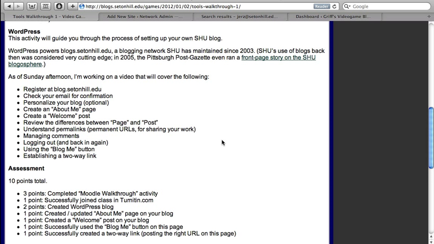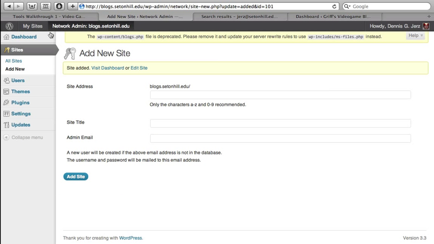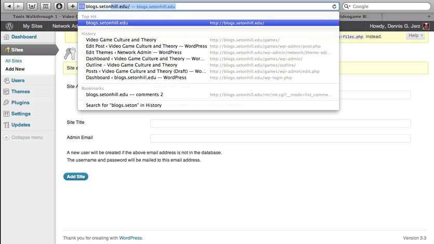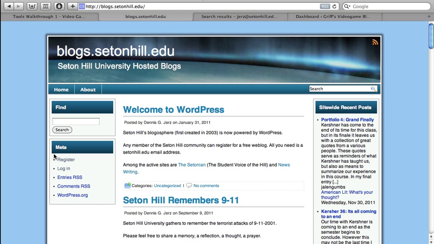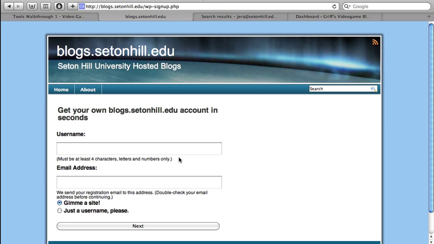Okay, to start off you need to register for your blog, and you do that by going to blogs.setonhill.edu. So here's what it looks like when you first go there. Okay, so you would click here on register and